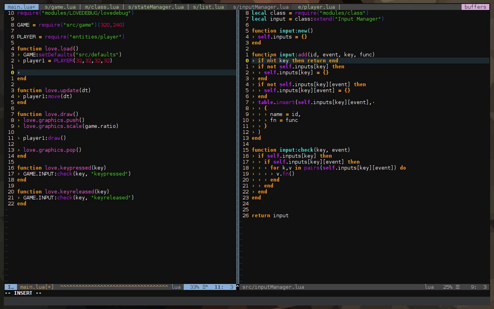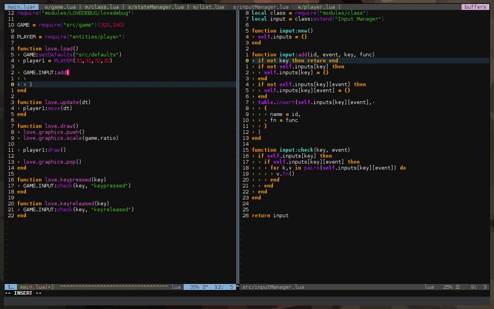Okay, so let's say game.input:add. So here is our add function. We need first the ID, which is going to be trial.